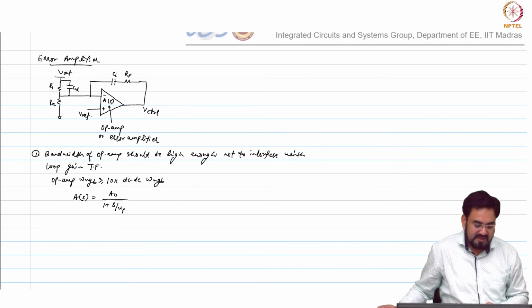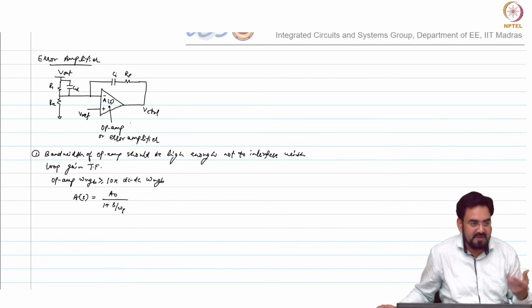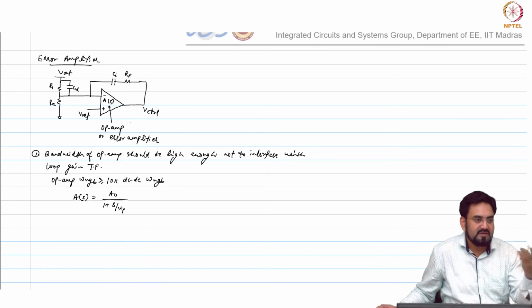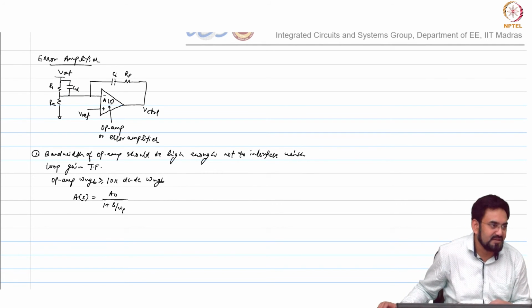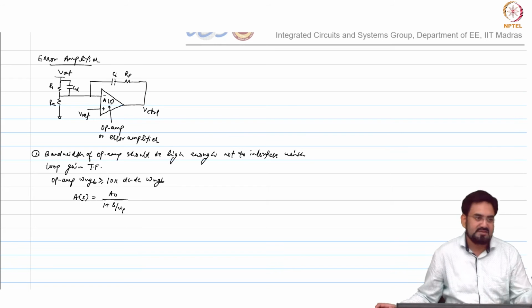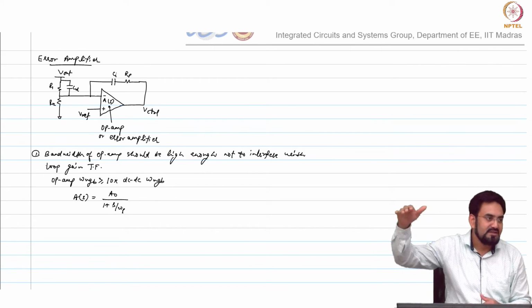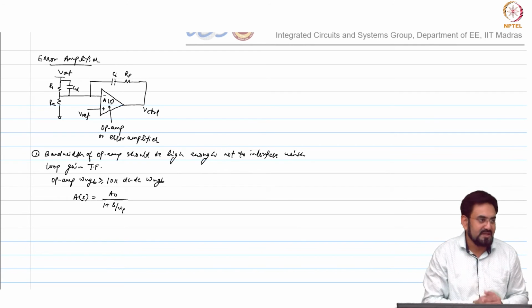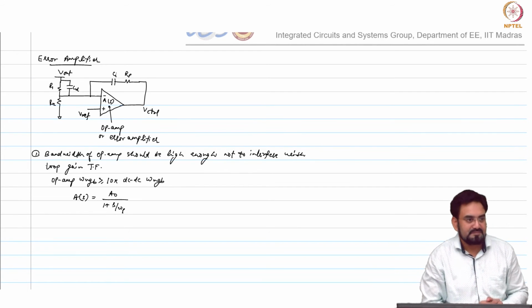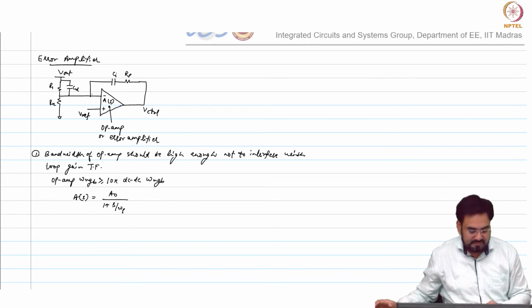So whenever you connect any op amp in a feedback, then you always look for UGB. Because at high frequency this will be shorted, and this will also be shorted, so it will act more like a unity gain amplifier. So until UGB you see a flat response. After that, the 3 dB is shifted to UGB in the closed loop.